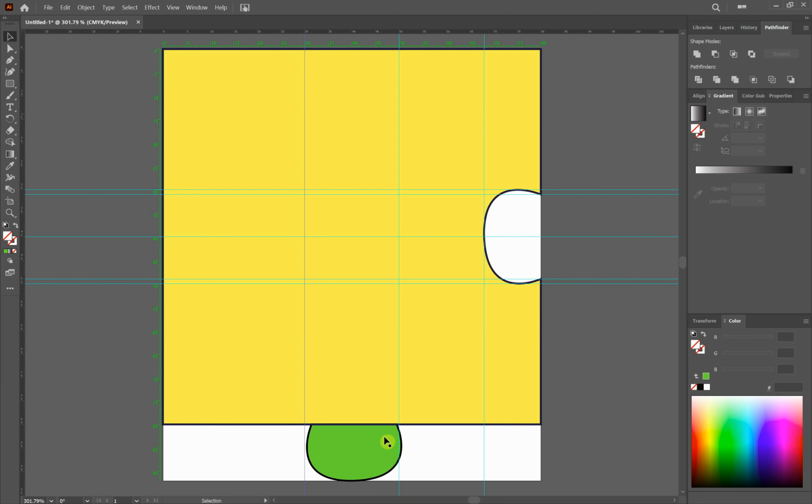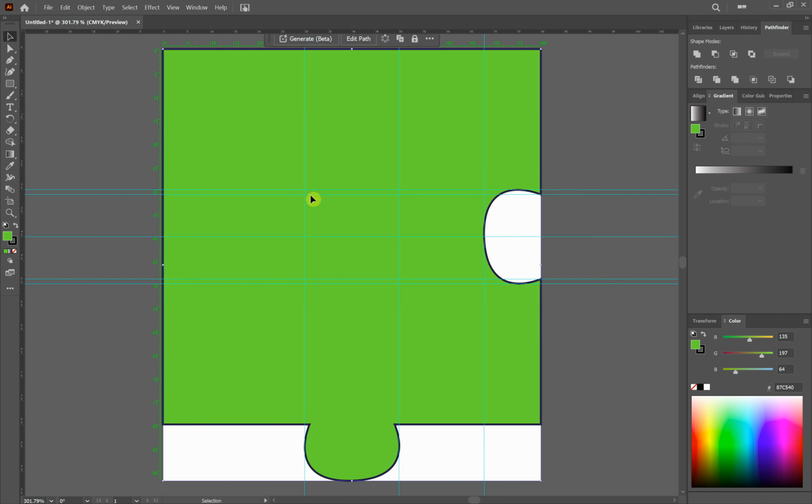Okay, and then just that's it. Set it in between properly. Okay, and then now hold this piece, hold Shift on the keyboard and click on this square. Go back again to the same Pathfinder. This time we need to go to the merge icon or the unite icon, and you can see it got